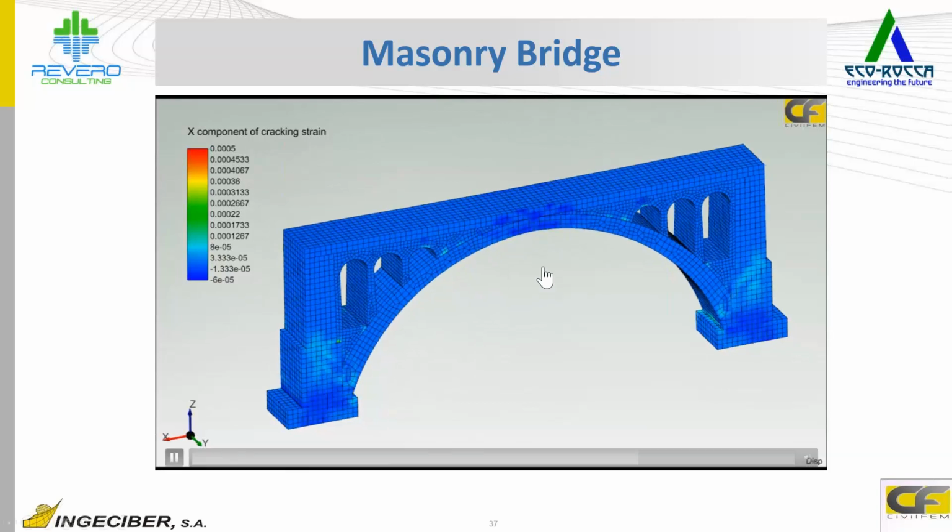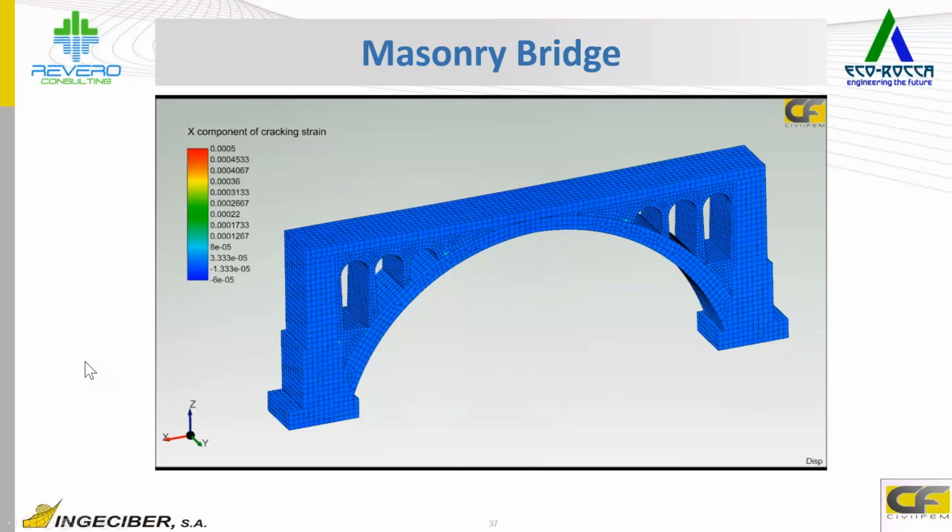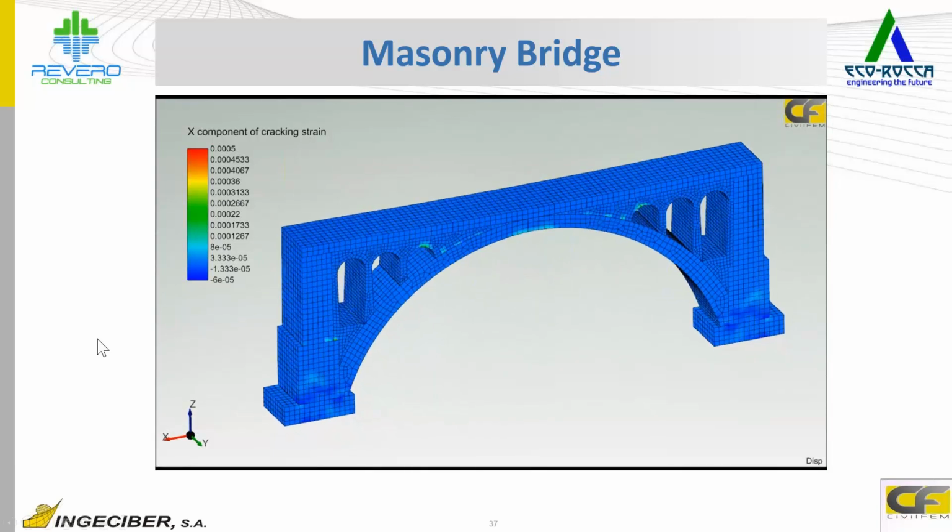There's a lot of cracking strain here at the middle of the bridge, and that was a real case where we modeled the exact situation.